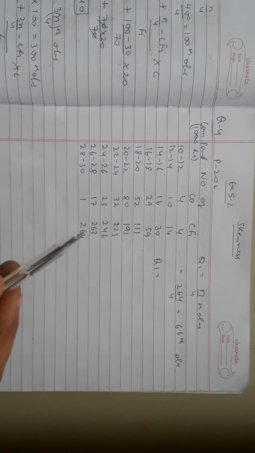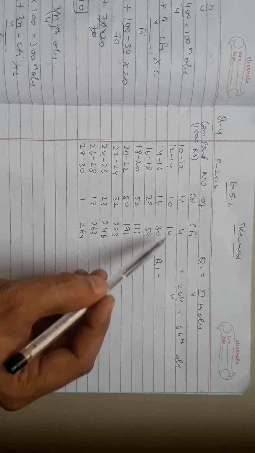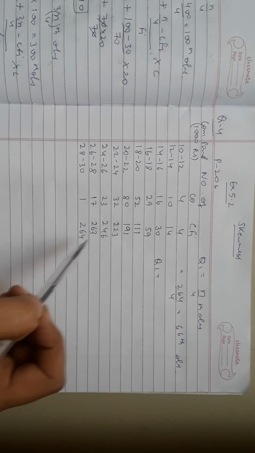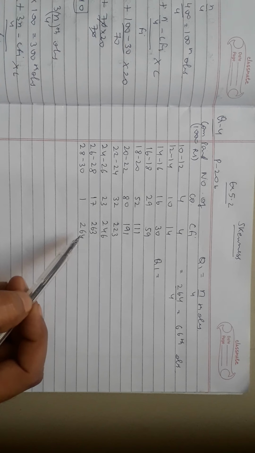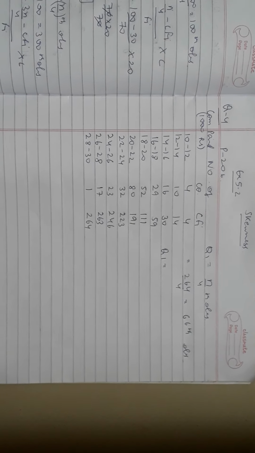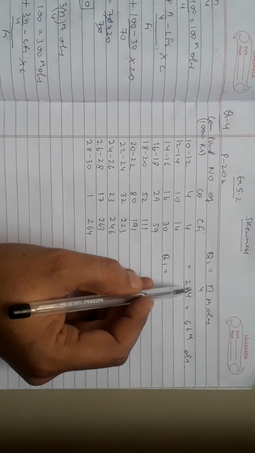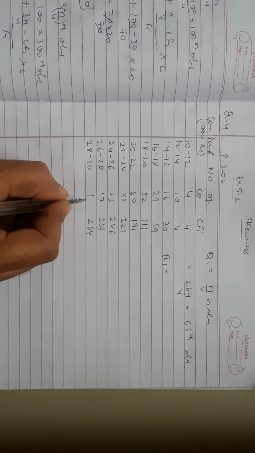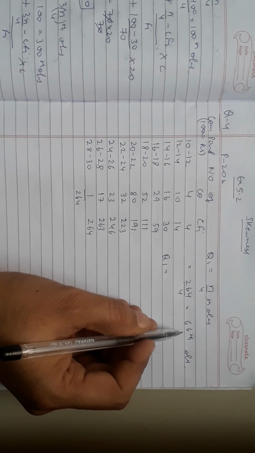Now we have to find out first CFI. CFI 4, 4 plus 10 is 14, 14 plus 16 is 30, 30 plus 29 is 59. Calculating the CFI we have got for each class. Now to find out J by Bowley's method, first step is to find out Q1, that is quartile 1. Q1 is n by 4, and we have calculated here 264 total. Now 264 divided by 4, that is the 66th observation.